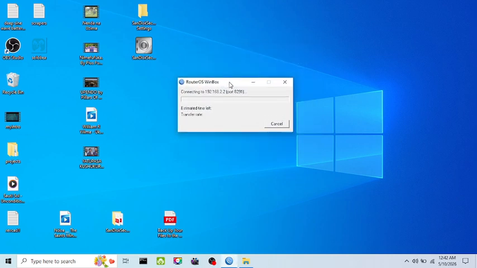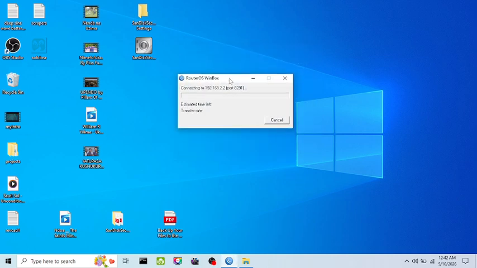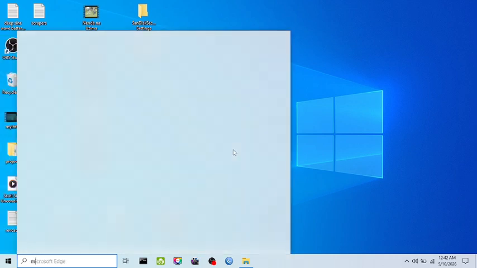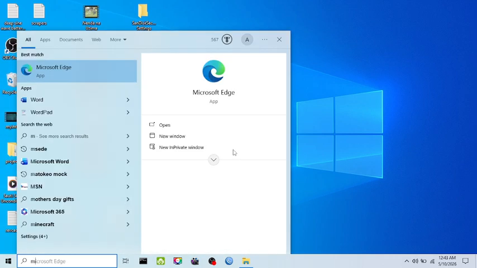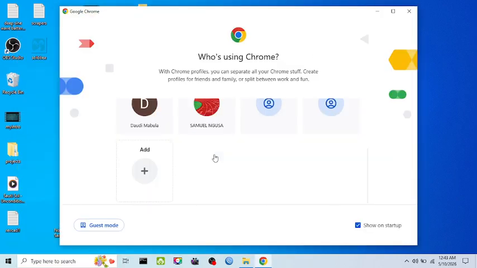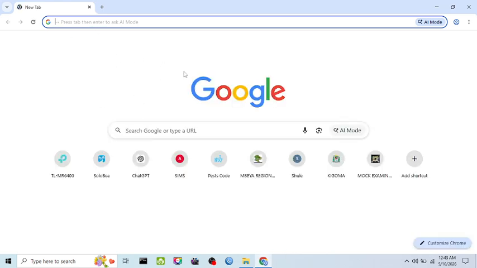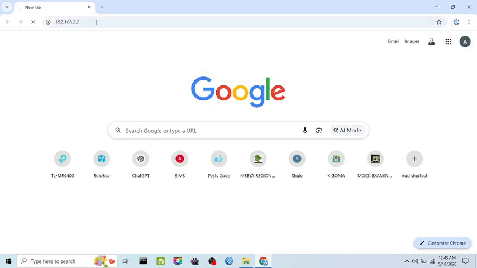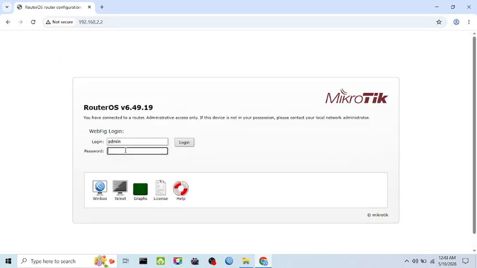Since I'm connected with a VPN from where the router is present, that's why I can log in to the MikroTik router, with some firewall rules protecting me. So I go direct to the web interface with WebFig. Here I go direct to this IP address. You can see I can log in and I put here